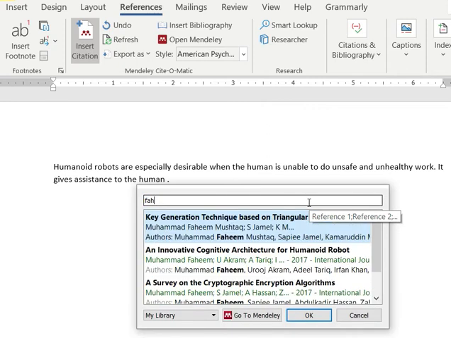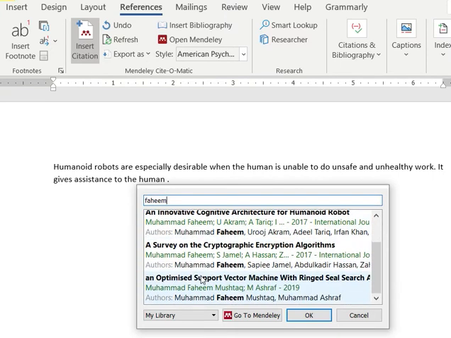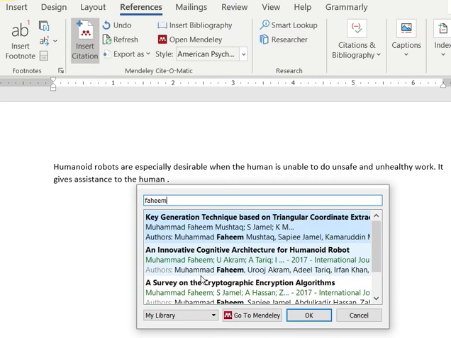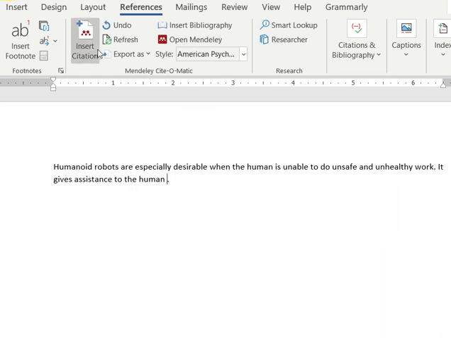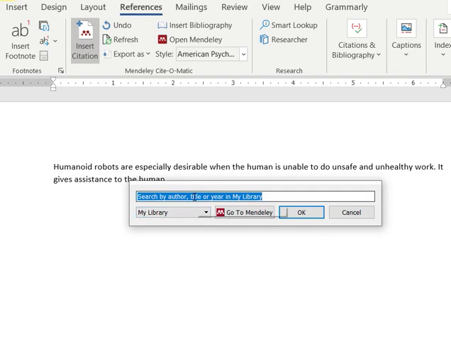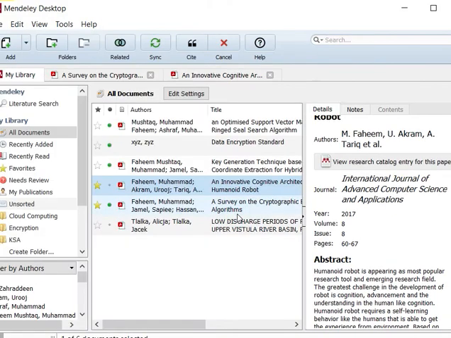For example, I want any author whose paper appears, any name, Fahim. It can search multiple papers by clicking any name. Or the second option is that you just click the button Go to Mendeley, and